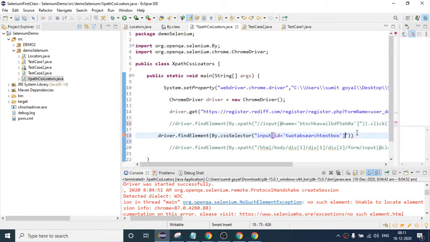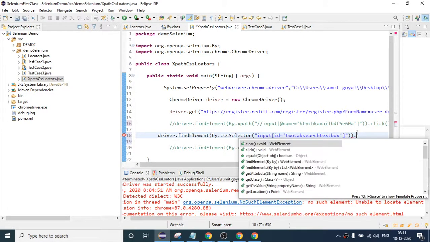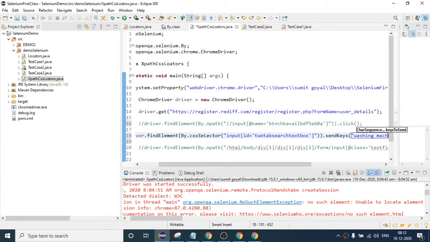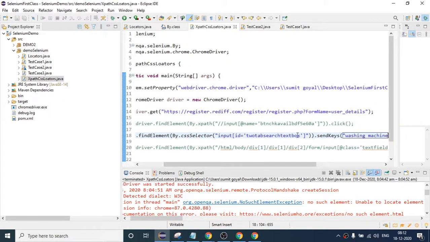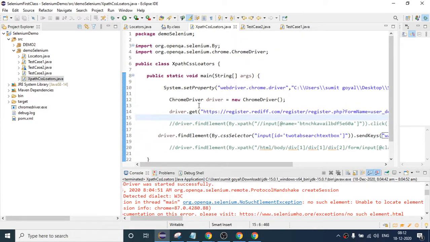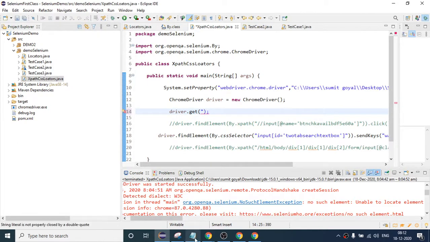And I will say dot sendKeys. I want to send, suppose, washing machine. Okay, so if I right click run as, first of all this we also have to change, the website name.